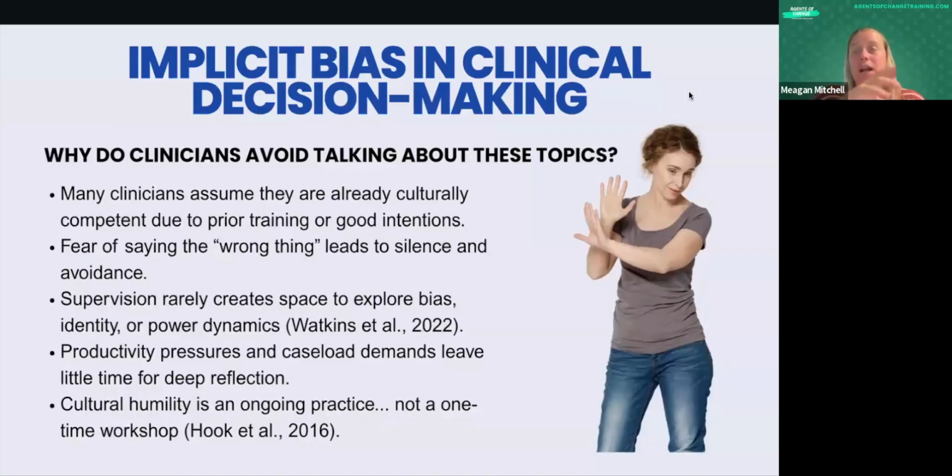And a lot of clinicians, when I did a huge needs assessment, I did interviews, a lot of clinicians actually said they avoid talking about identity, background topics in session because they feel maybe uncomfortable. I don't want to say the wrong thing. I don't want to offend my client. There might be this elephant in the room that I don't want to address. And what I dived even deeper into is, do you talk about this in supervision? And a lot of clients, it was a rare instance if culture, identity, power dynamics, implicit bias was discussed in